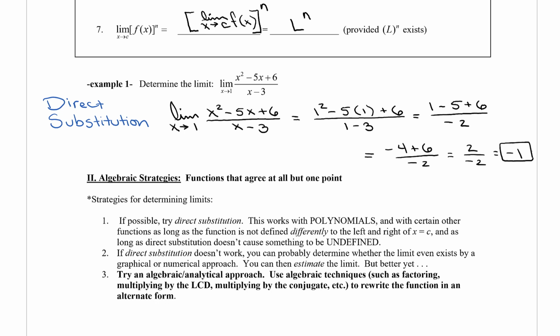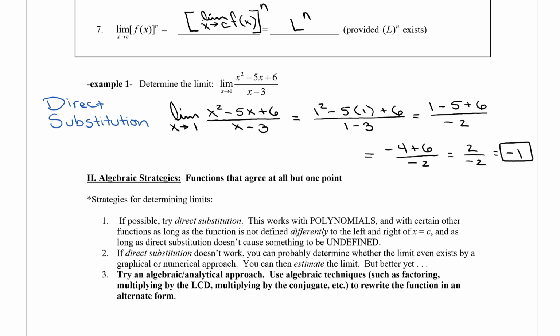2. Algebraic strategies. Functions that agree at all but one point. Strategies for determining limits. 1. If possible, try direct substitution. This works with polynomials and with certain other functions as long as the function is not defined differently to the left and to the right of x equal to c, and as long as direct substitution doesn't cause something to be undefined. 2. If direct substitution doesn't work, you can probably determine whether the limit even exists by a graphical or numerical approach. You can then estimate the limit, but better yet,